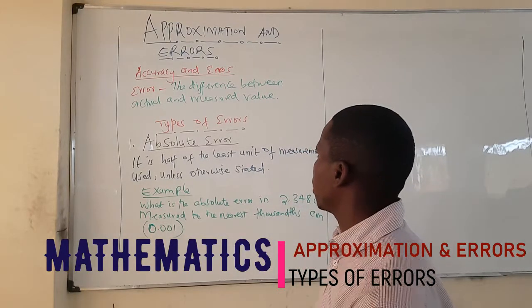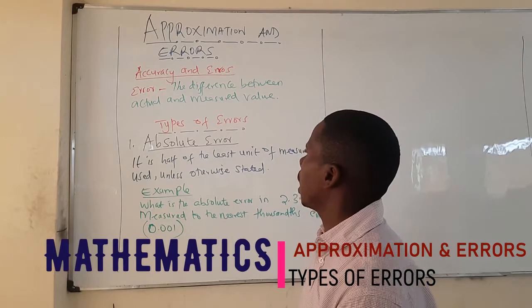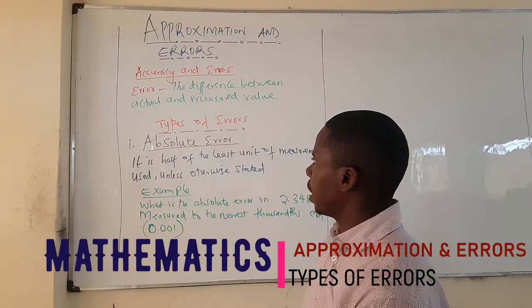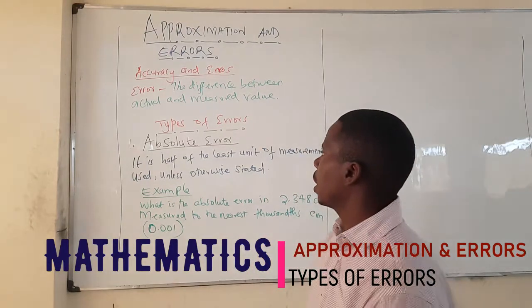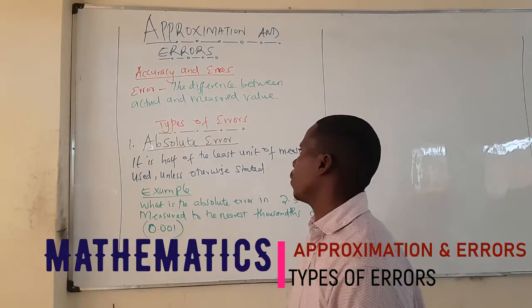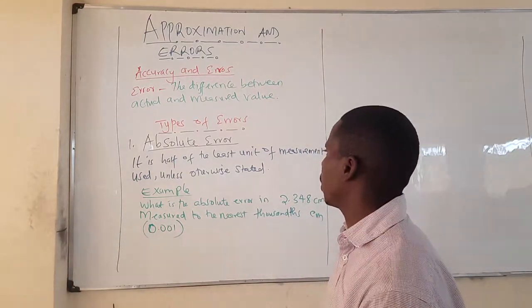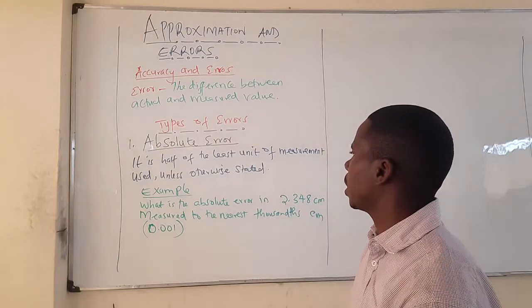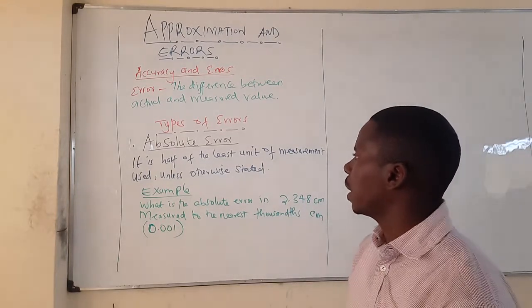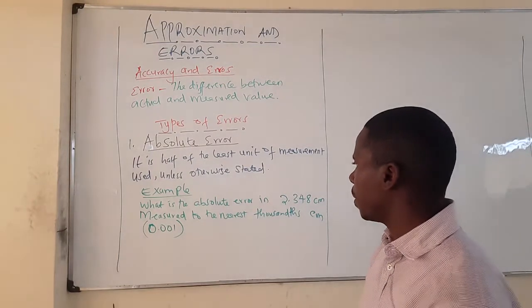Let's look at the types of errors that we have. Number one, the absolute error. When we talk about the absolute error, we are saying that this is half of the least amount of measurement used unless otherwise stated. So that is an absolute error, and you can have an example here where the question says